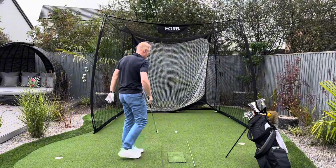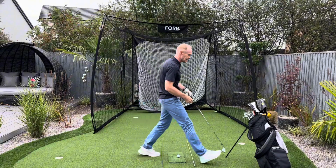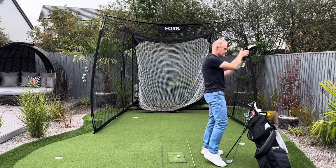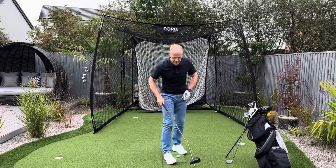Okay, middle of the net every time. And I love it, and it makes a massive difference. And yes, it's exactly the same whether it's a 7-iron, driver, wedge. For my driver, I won't hit my driver because I've got my tees out. But again, driver,